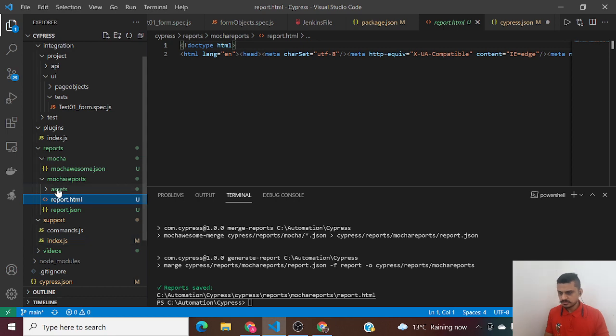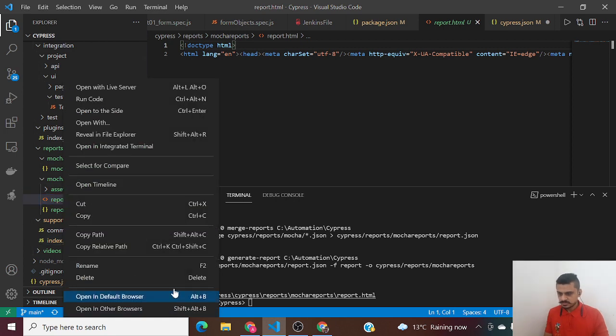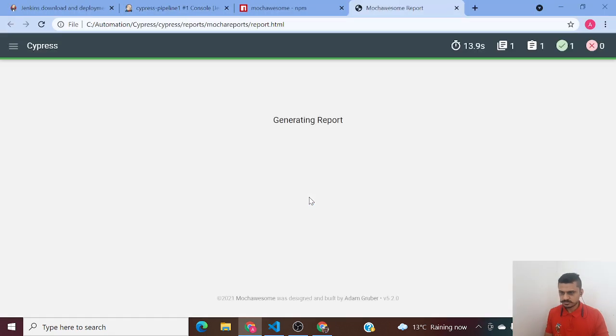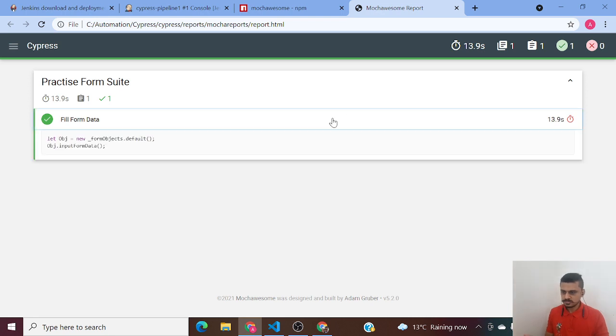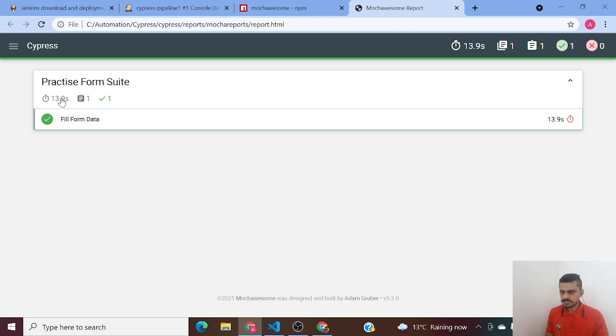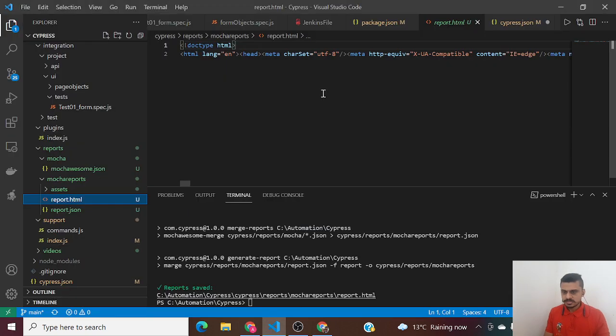This has been saved now guys, the entire execution is done. So just open it in some default browser. Since we have only one test case, that is what it is showing. It also gives you a nice view of how many seconds it has taken, and if there are failures or anything else, it will show you over here. So this is how the report.html file would look, guys. That was the integration of Jenkins and Mochawesome reports.